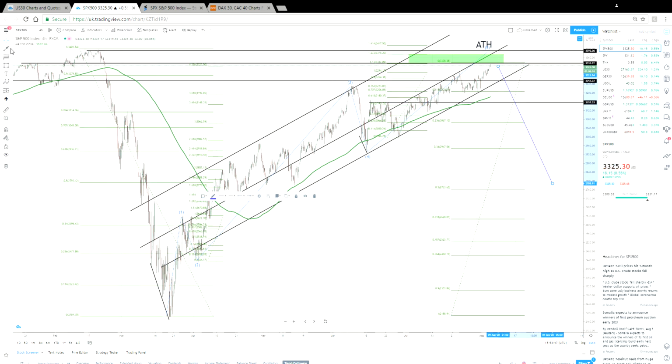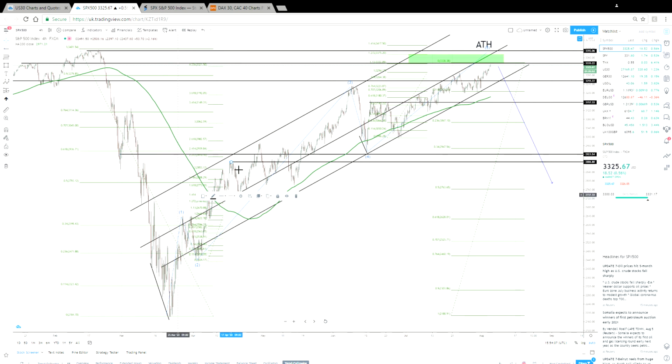So again, what can we do? We can start predicting or saying, well, where could we go? Where was major support before? This was huge support, and this was huge resistance. Many times it was support here, resistance, support. So like this kind of level, you can see you could add a couple of lines in there. So what we're saying is, if the market drops, we want to see where it